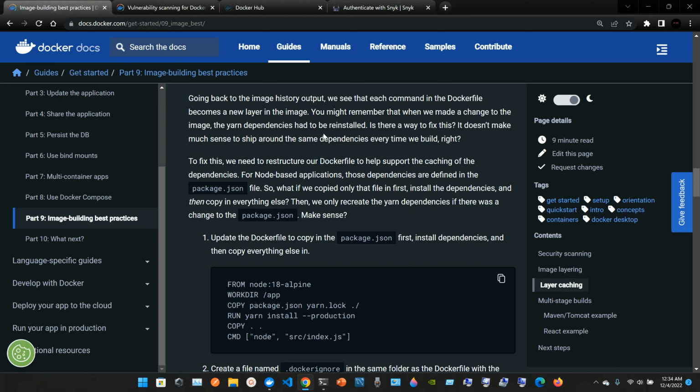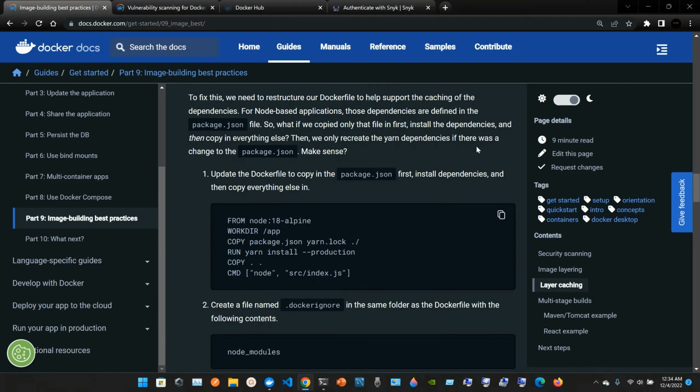Going back to the image history output, we see that each command in the Dockerfile becomes a new layer in the image. You might remember that when we made a change to the image, the yarn dependencies had to be reinstalled. Is there a way to fix this? It doesn't make much sense to ship around the same dependencies every time we build, right? To fix this, we need